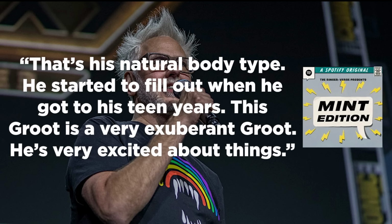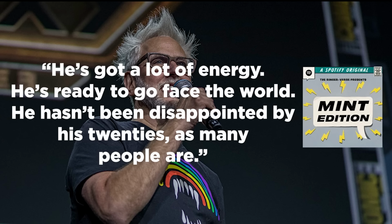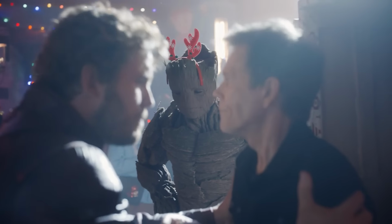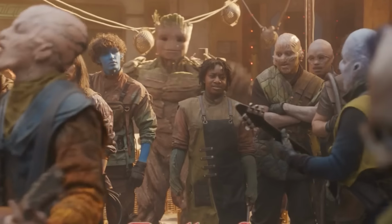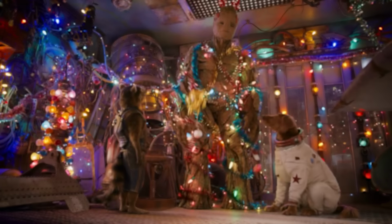This Groot is a very exuberant Groot. He's very excited about things. He's got a lot of energy. He's ready to go face the world. Hasn't been disappointed by his 20s as many people are. So we're starting to see a recurring description from James Gunn on this age of Groot specifically. Collegiate, athletic, a bit broy, optimistic, exuberant, early 20s, but not burned by his 20s as people in their 30s